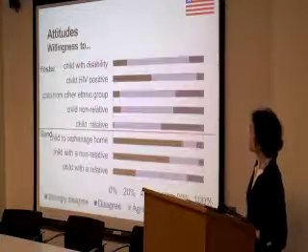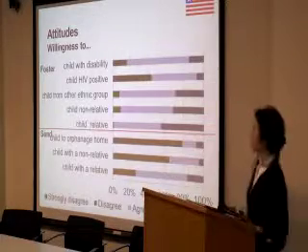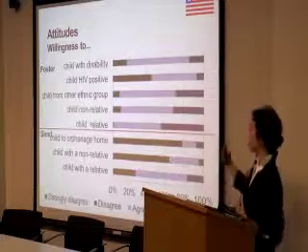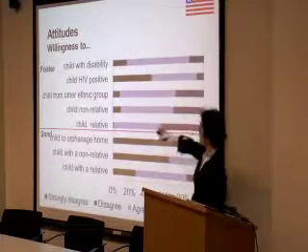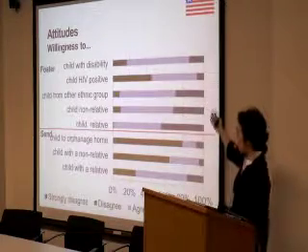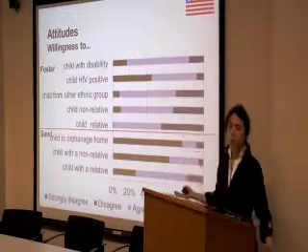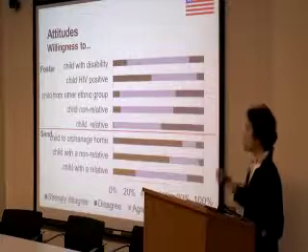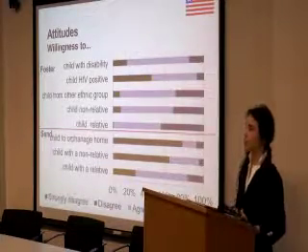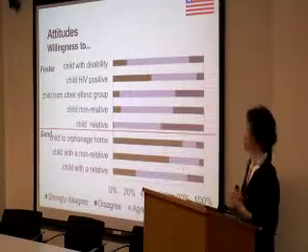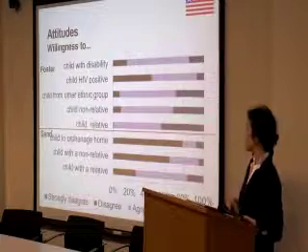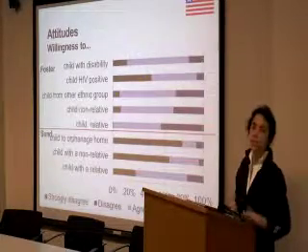An example of attitudes: we asked adults whether they'd be willing to take in a child who's a relative, and you see that the purple is they agree, so they're willing to take a relative, even a non-relative. Quite a lot of openness for different ethnic groups, and even for children with disabilities. Less so for HIV positive, although they're still willing to adopt, and it'd be interesting to see what happens now with Ebola. And then whether they'd be willing to send children to an orphanage home with relatives or non-relatives.